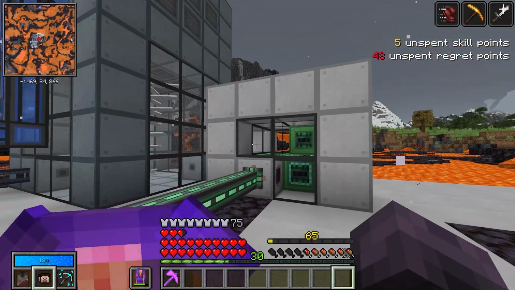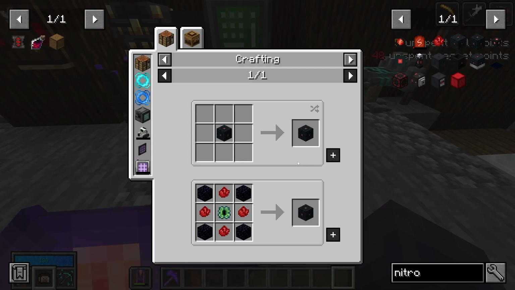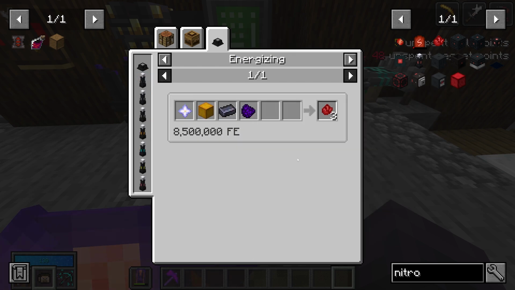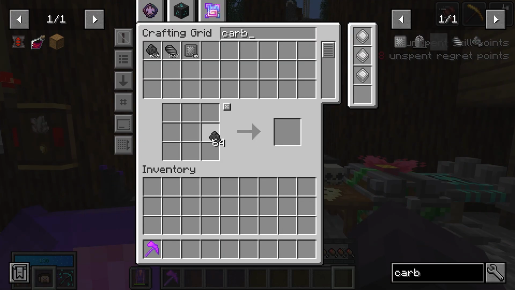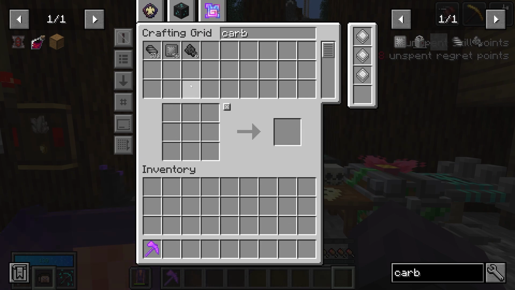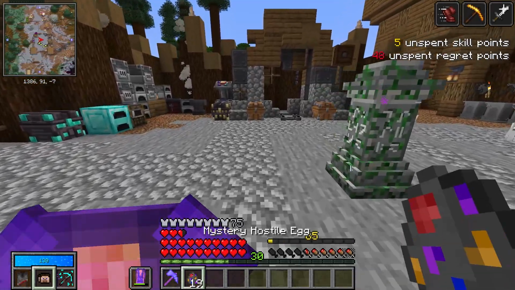Anyways, I want to get an ender cell, not an energy cell, an ender cell. And of course, not just any ender cell, but a nitro ender cell, which is going to require 2 crafts of the nitro crystals, which actually won't be that bad. We even already have the black chromatic steel, and if we need any further black chromatic steel, we have a decent amount banked in refined carbon, which we also have for all the dielectric paste we'll need. And what's better than actually killing the wither for your nether stars, but hoping you get...